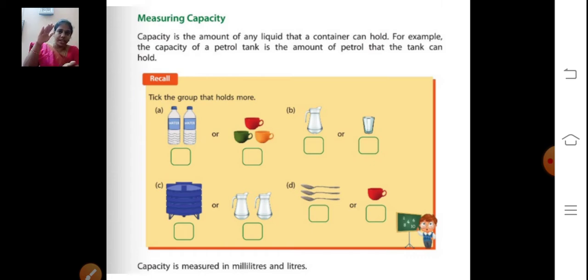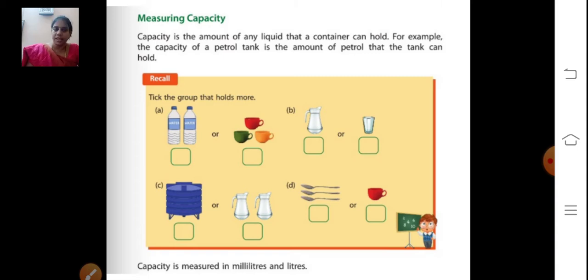Take a 1 liter bottle or a 500 milliliter bottle, how much that bottle can hold, that is the capacity. It is a liquid item, like milk, soft drinks, cool drinks. For example, the capacity of a petrol tank is the amount of petrol that the tank can hold. How much the tank can hold,